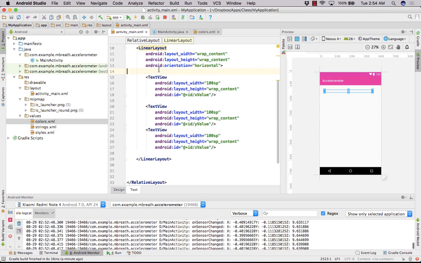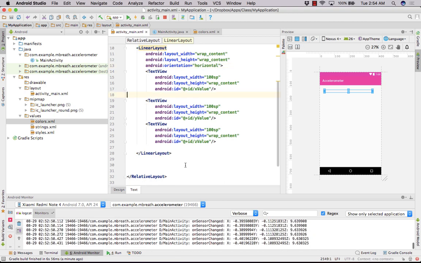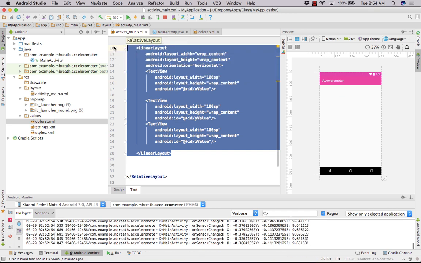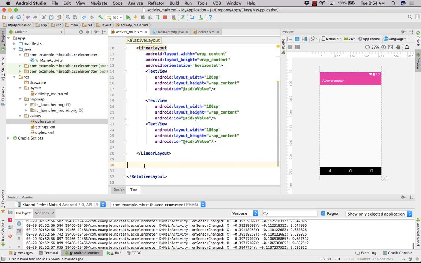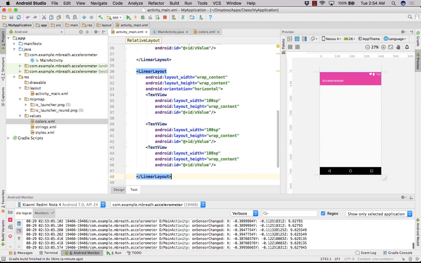So what we can do, we can copy and paste this linear layout many times, but before that we need to change its ID also. Okay, let's keep it as xyz for the accelerometer, but for the gyroscope, what we can do